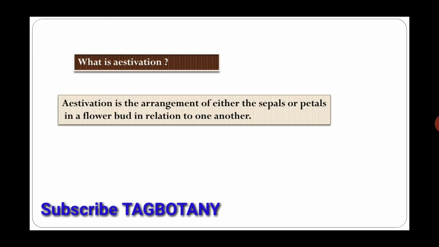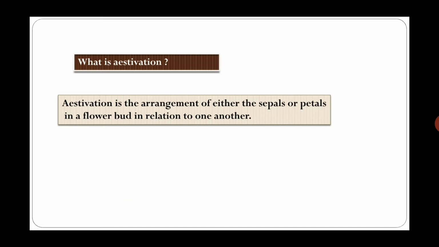So, friends, we know that the flower is a modified shoot and it is specially designed for the purpose of reproduction. Here I am telling the definition of flower because flower has been called a modified shoot. As the shoot has leaves, flower also has leaves, which are called floral leaves or floral whorls. So, which are the four floral whorls? Calyx, corolla, androecium, and gynoecium.